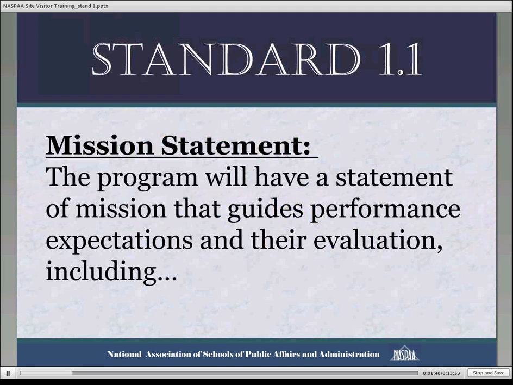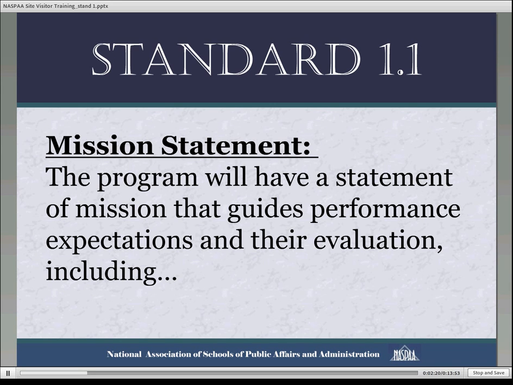The whole idea here is that a program ought to have a mission. It should have something that's guiding what it's trying to do. It can't necessarily be all things to all people. And programs should be identifying what their mission is that's going to guide their performance, and against which it sort of sets everyone's expectations for all of their stakeholders, and it provides sort of a standard against which they can